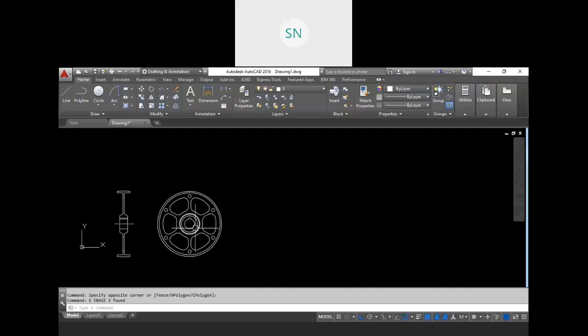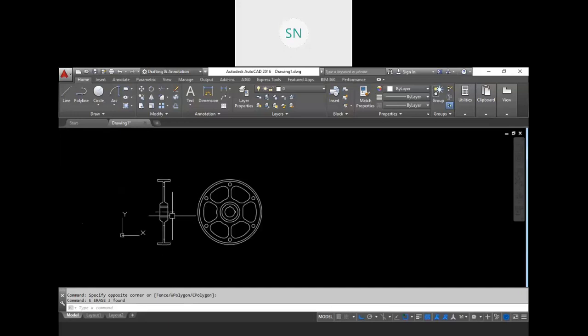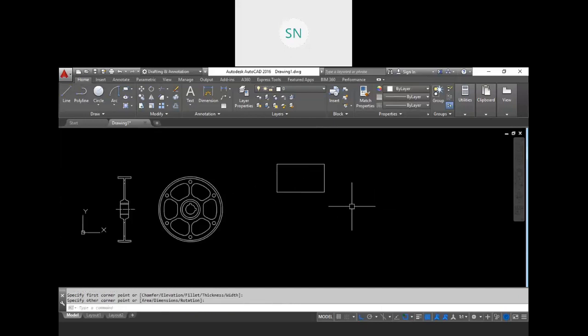So let me begin with the layer command first. In the layer, first we discuss the properties, right? The next tool we have is layer, and in the layer we have so many facilities and so many flexibilities. For example, we have some objects over here, and we also have one drawing over here, so we'll use that also.